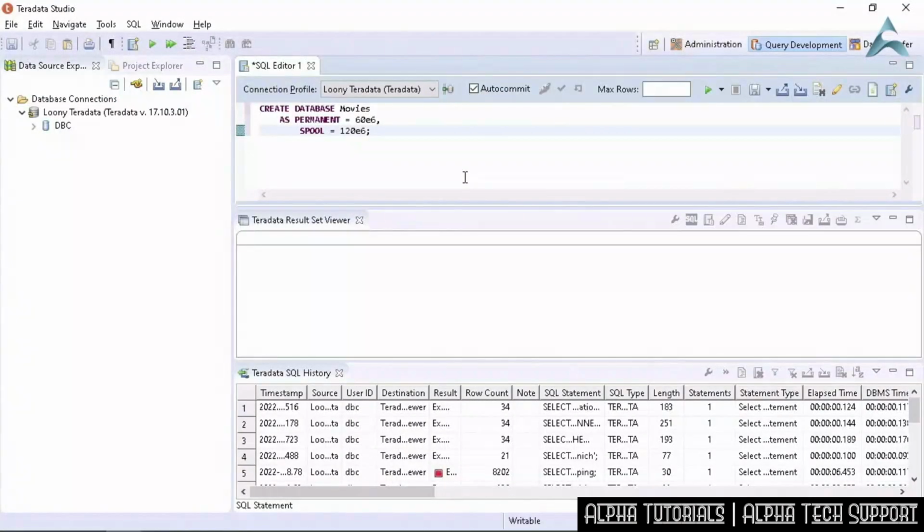To implement left and right join operations, we will need to work with a different dataset, and I'm now going to create one corresponding to movies and their directors. Let's start off by creating a new database called movies. This will have a total of 60 megabytes of permanent storage and a spool size of 120 megabytes. Once this statement is executed, a new database should be created and we will provision new tables in there using